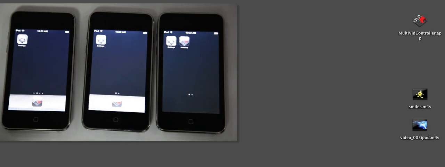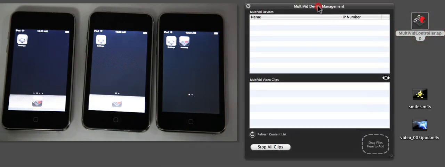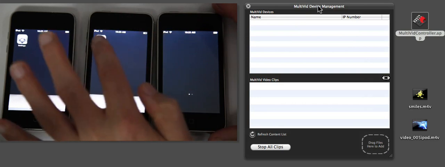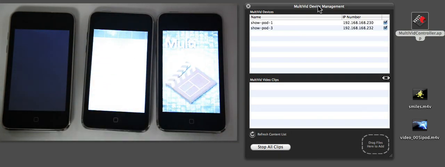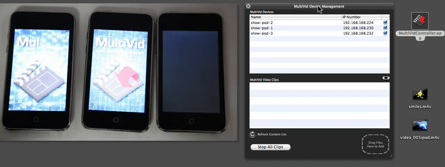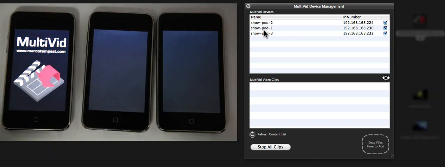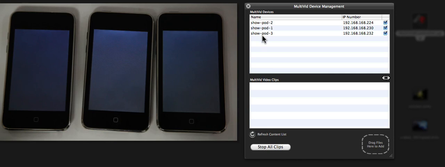Alright, here's a little demo on how to set up and use MultiVid. Let's fire up the controller software on my Macintosh here, and also let's fire up the client on these three iPods here. A little poster movie plays, and while it plays, the devices register right here immediately inside the controller